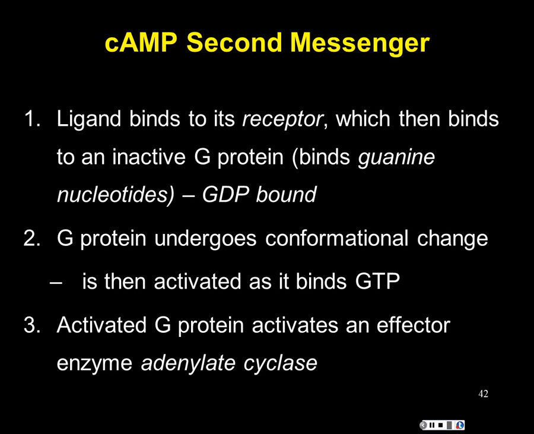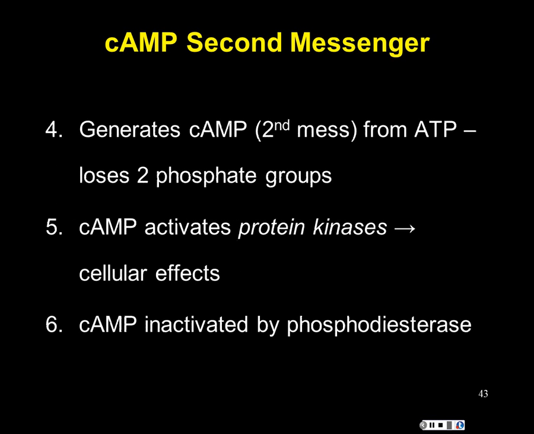We okay so far? After adenylate cyclase is activated, it then produces what? It uses ATP to produce cyclic AMP. So it generates cyclic AMP, which we know is the true second messenger. And then in step 5, we identified once the second messenger is available, it activates different protein kinases, which, I have an arrow, brings about different types of cellular effects, depending on the cell type. Liver cells can do something different than a muscle cell, can do something different than a brain cell. Does that make sense?